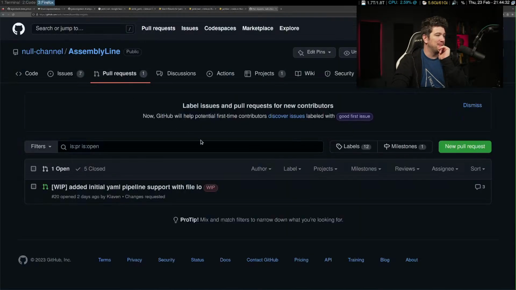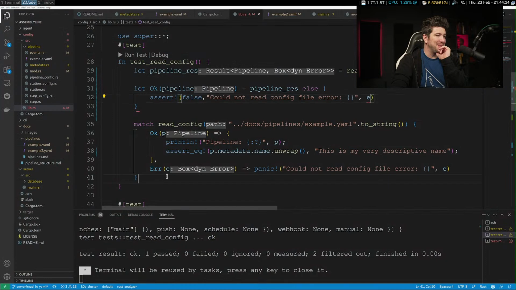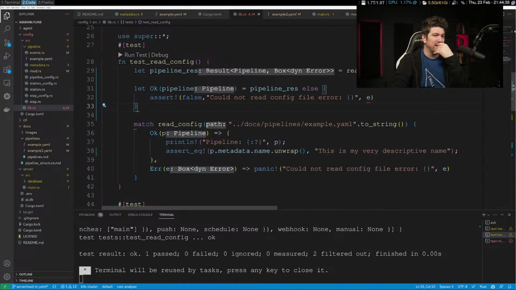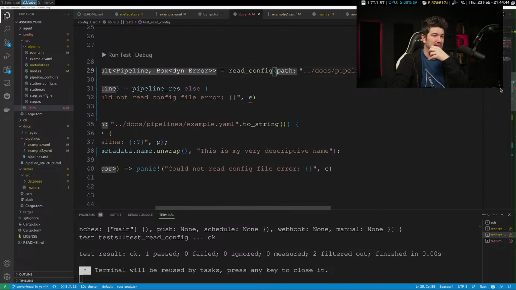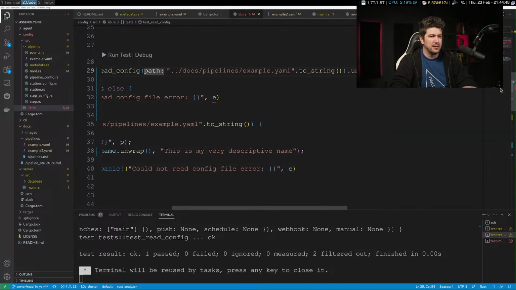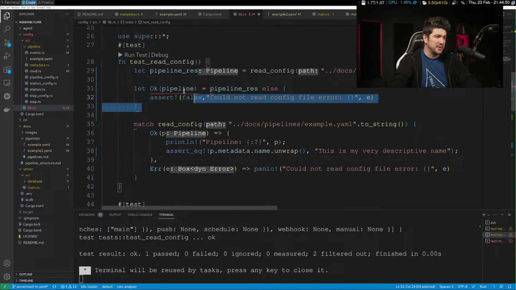No. We had a better way of doing this. I'm only doing this because that's how I did it here. I think I just do unwrap because then it will panic if it panics. That's not part of my test. I think this is fine. Maybe. We'll see.